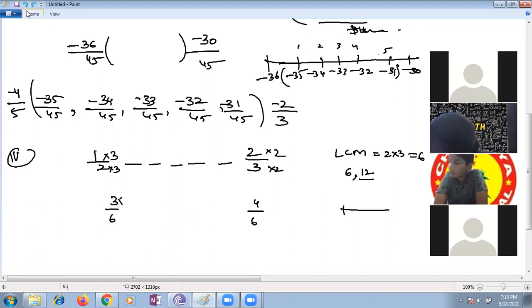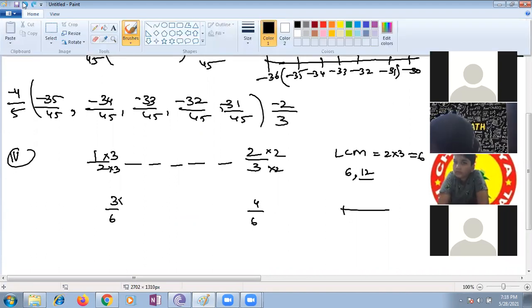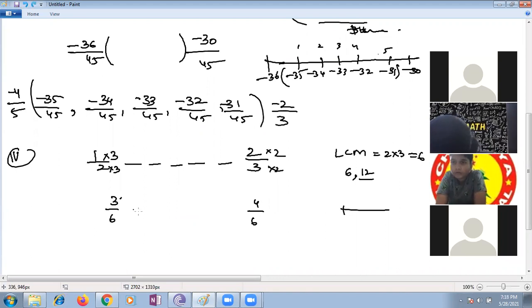So you just multiply. Ma'am, there is minus 1 by 2, ma'am. Now we can take 18. No, in my textbook it is positive 1 by 2. But in my textbook it is showing minus 1 by 2. Minus 1 by 2 means very simply you can write minus 1 by 2.